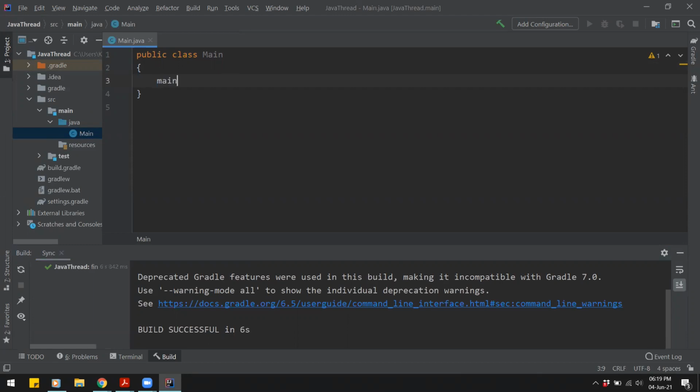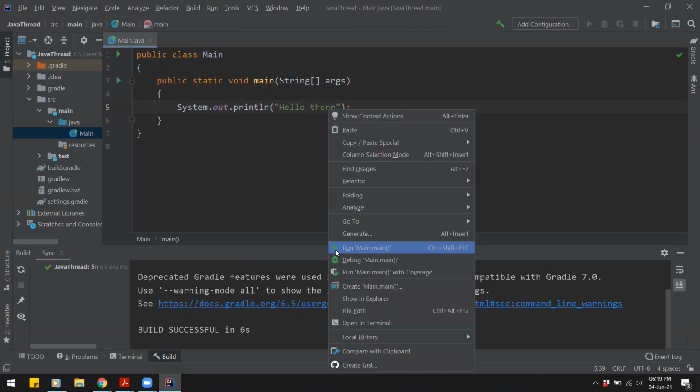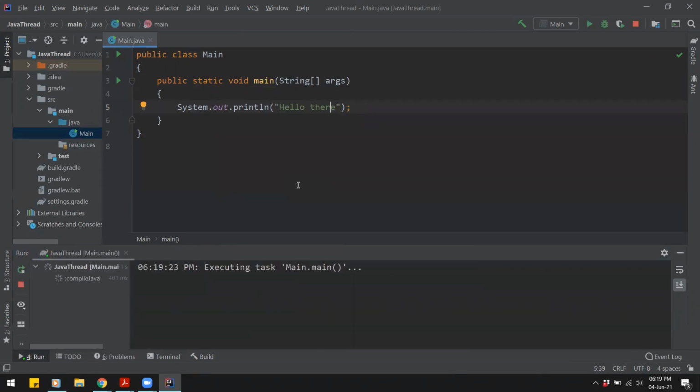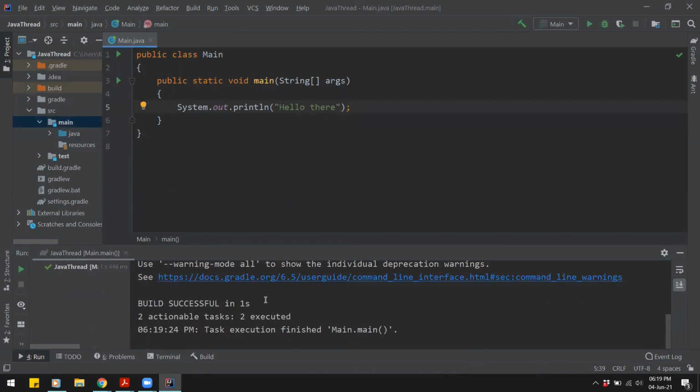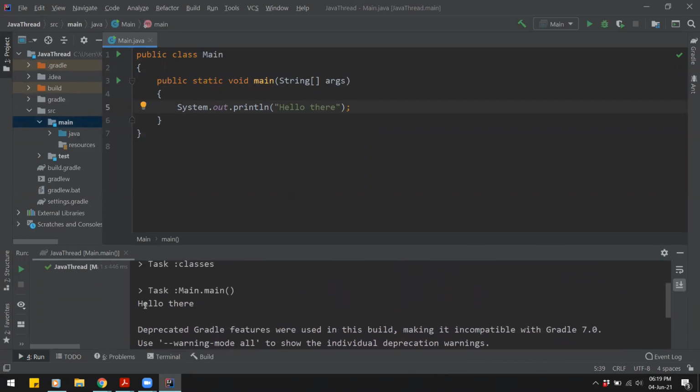And then inside this, we will have a main method. And then just to verify that things are working, we'll do a print out, and let's print hello there. Run, and then you will see that we have this hello there message printed in the terminal.